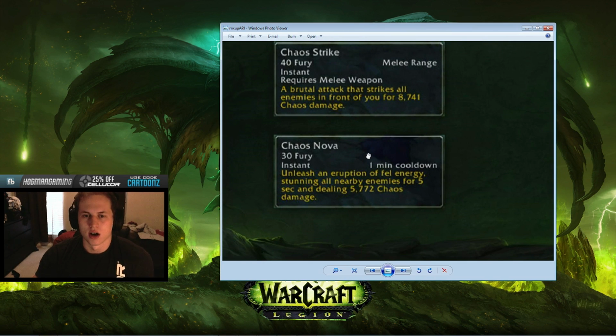Cool. Chaos Nova. So Chaos Nova is an ability that whenever you are in melee range of a bunch of people, obviously you can slam on the ground and it's going to stun those people, like everyone around you, for 5 seconds and deal a certain amount of damage to them. This is a 1-minute cooldown. It's an instant cast, and it's pretty crazy because it actually stuns everything, which is really, really good for melee